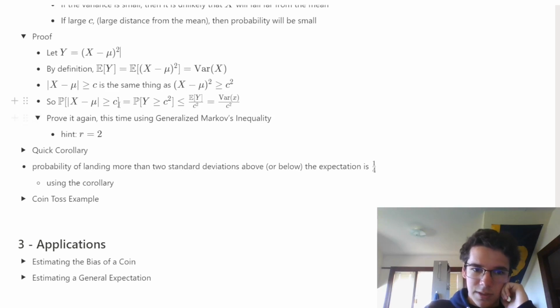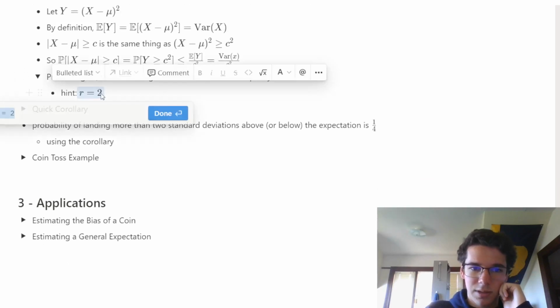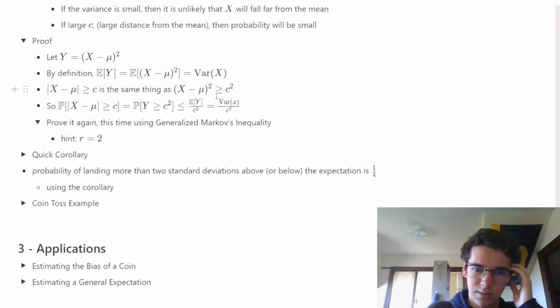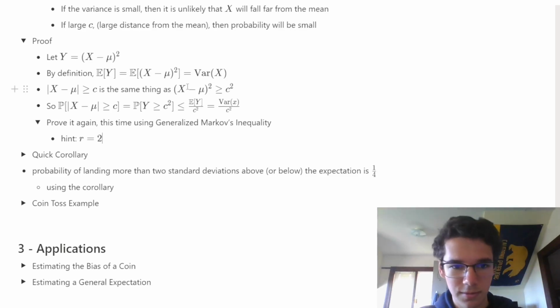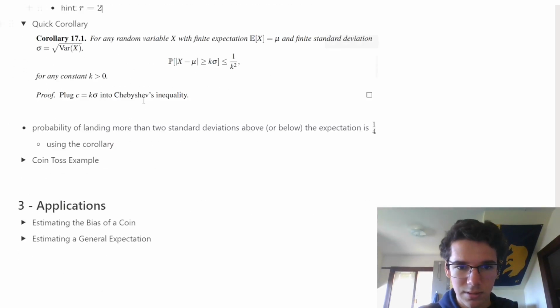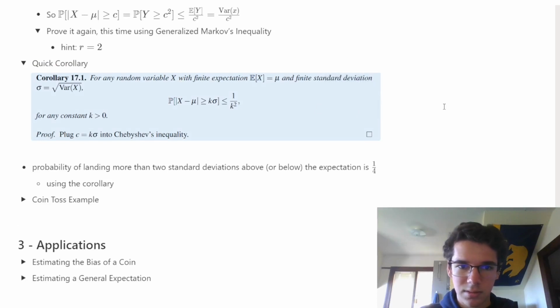And you can also prove it again, this time plugging in r equal to 2 for Markov's inequality. I think that would make for a shorter proof, but I'm just not going to do that. They also drop in a corollary which says